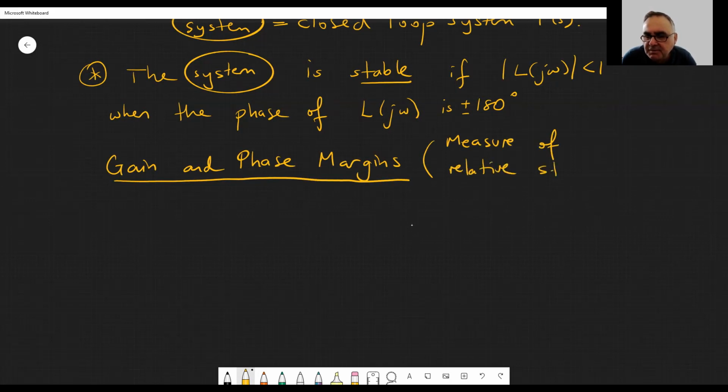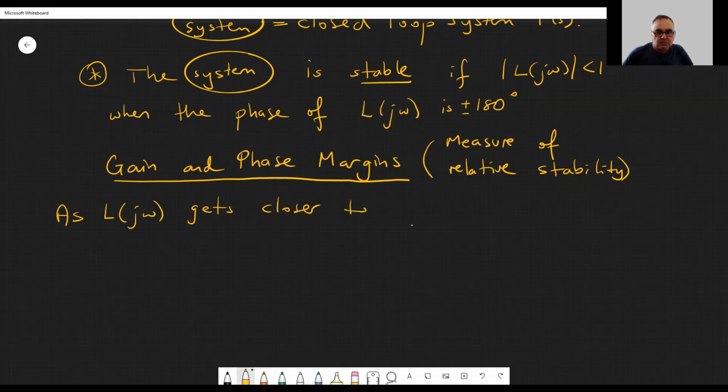We define the following quantities: gain and phase margins. We basically know that as L of j omega gets closer to, let's say, the minus 1 plus j0 point in the Nyquist plot,